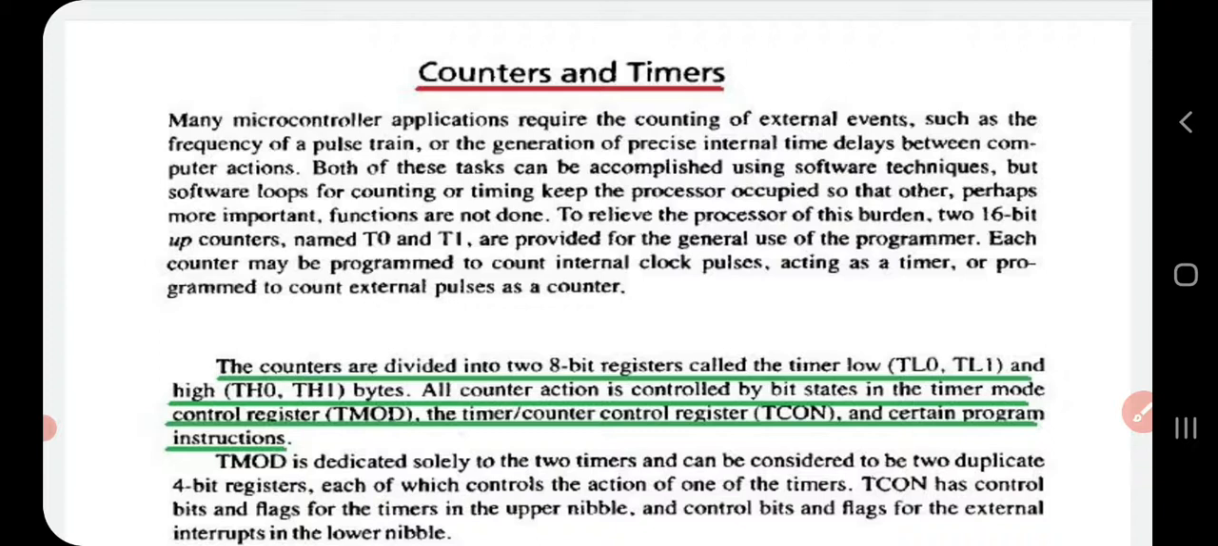These counting tasks are usually done using software or programs. These software loops for counting or timing will keep the processor engaged all the time, so we won't be able to do other tasks using the same processor because it will always be engaged in counting. So most of the important tasks will not be accomplished in between. In order to relieve the microprocessor or the microcontroller from this burden, we make use of